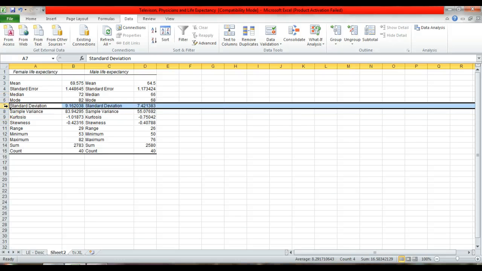Let's take a second, though, and look at variability. So we can look at standard deviation between both female life expectancy and male life expectancy. Notice that the standard deviation for female life expectancy is a little over 9 years, when for males it's a little under 7.5. In other words, the standard deviation for life expectancy is higher for